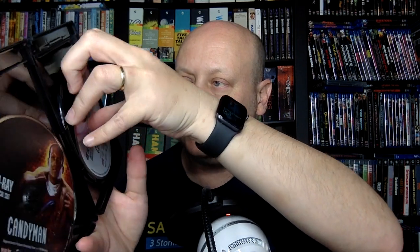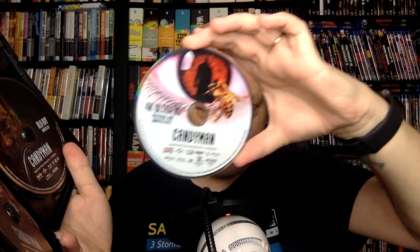So one big difference is that with the Scream Factory edition, you get 3 discs. You have a double spindle on either side, and you get your 4K disc right there. And then with the Scream Factory, you also get a Blu-ray of the unrated cut and another Blu-ray of the theatrical cut. And in terms of the extras and the extra placement, the